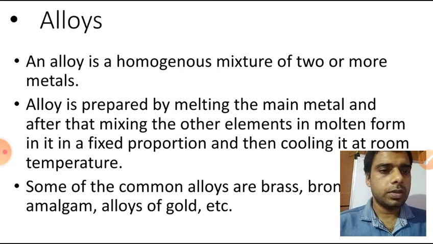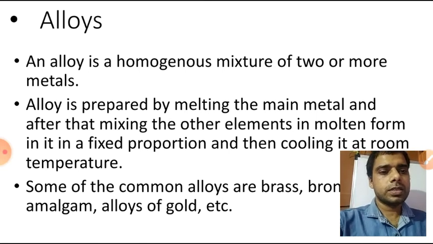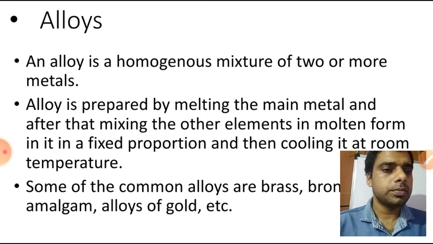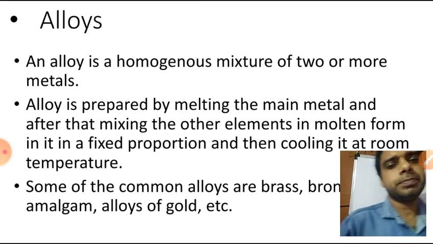How are you all? This is a video of class 10, and in this video, we are going to talk about alloys. The mixture of two or more metals, or some amount of non-metals, is called an alloy. Okay? So this must be a homogeneous mixture. Homogeneous mixture means the same throughout, and it is a mixture of two or more metals.